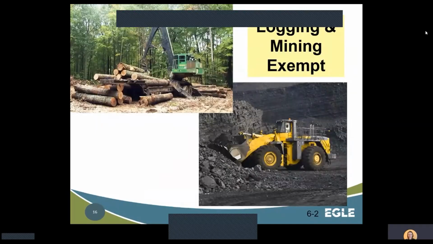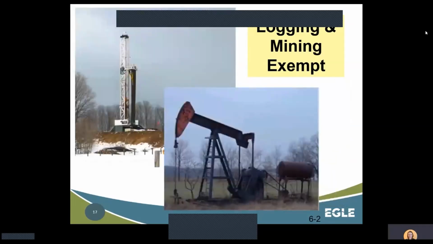The acts of logging and mining are exempt. However, permits are still needed for access roads, ancillary activities, and clay, gravel, sand, peat, and topsoil mining. Ancillary activities might include the construction of a building or equipment storage areas. If these areas are 1 acre or more, then a permit would be required. Additionally, stump removal is not exempt and would require a permit.